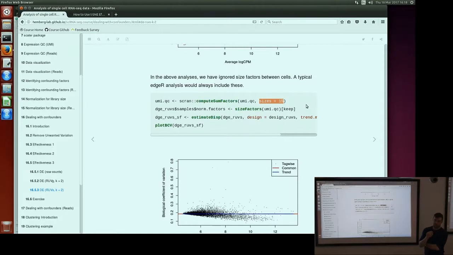Now, it may still provide you with a correct ranking according to the negative binomial model of differential expression between them. So in that sense of searching for marker genes, it may give you a sensible list. If you look from the top of the list down, then you should see things that are differentially expressed